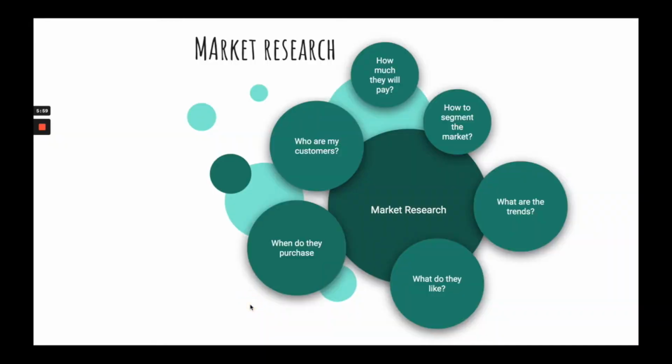So market research should answer questions such as who are my customers, what do they look like, when do they purchase, how much will they pay, where do they purchase, what are the trends, how should I segment the market, and so on. All these questions are really important to answer if you want to know if the market is for you, or if you want to come up with new products or new services, or if you want to be sure that you are addressing your customer needs properly, and of course to stay